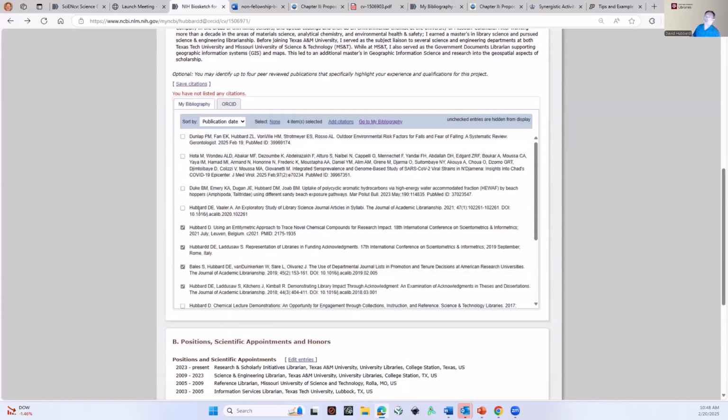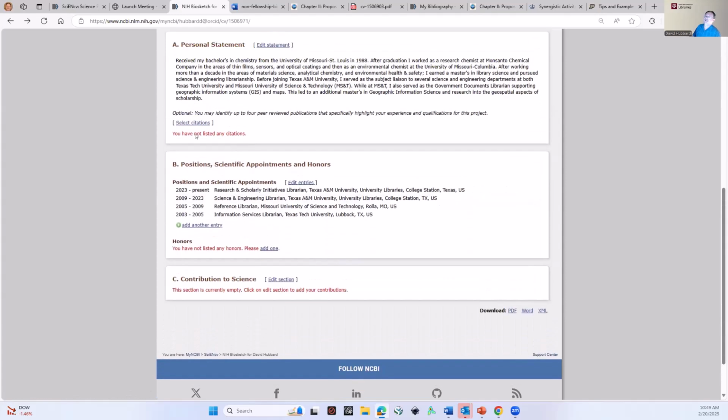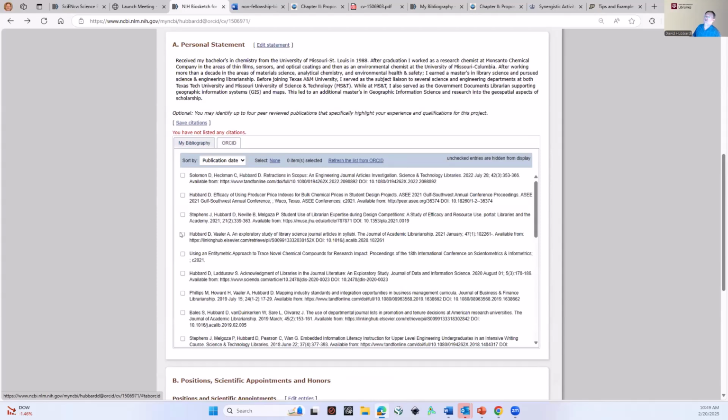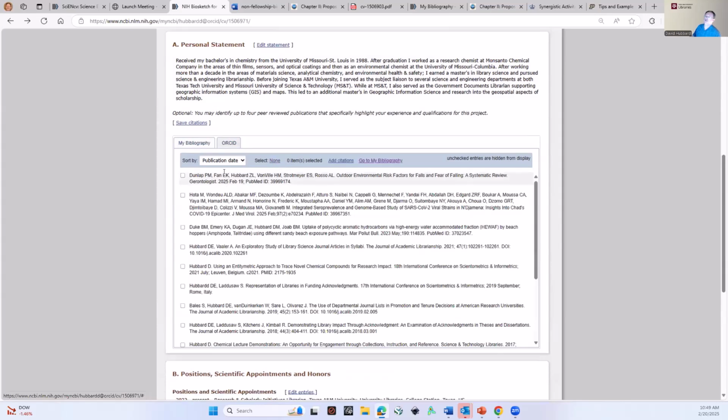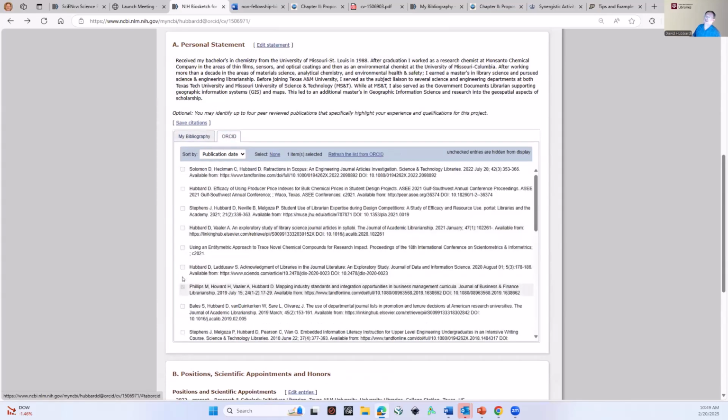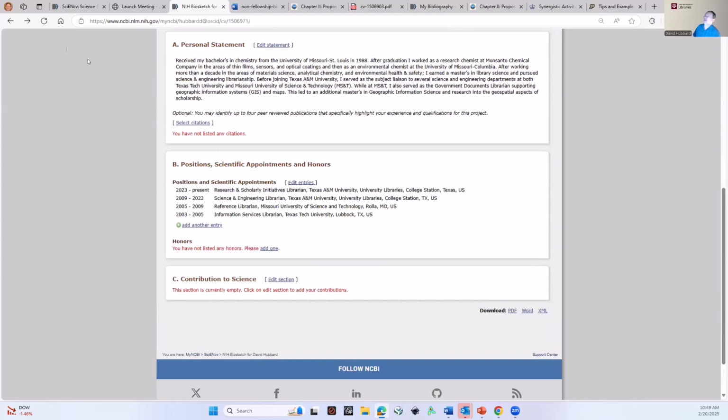Let's try that again. Save citations. Yeah, this one was a little glitchy. Let me try to work it over here. It says that there's already been, let me clear these. So none, I'm going to clear that. ORCID. Save citations. Let me refresh here, see if that does anything. Yeah, it's just been a little glitchy today on SciENcv, but normally it would list them in a similar way